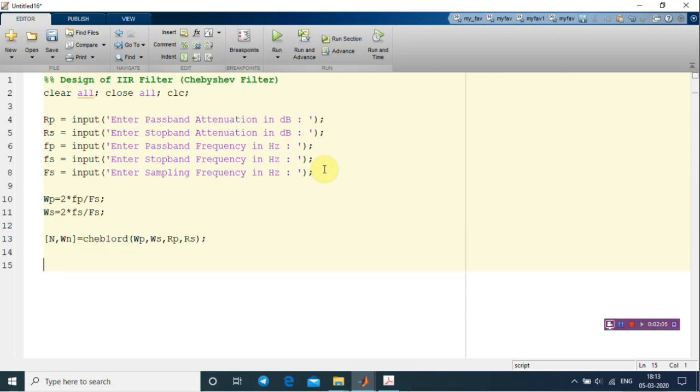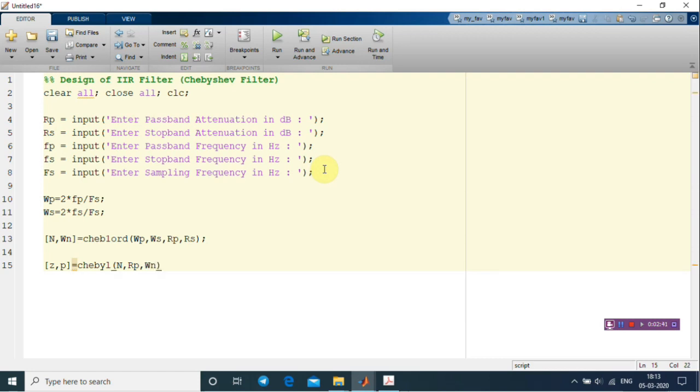After this we will be actually designing the Chebyshev filter, where I can pass the variables of my poles and zeros. So I can represent it as Z comma P is equal to cheby1, and then you can say N comma Rp comma Wn.